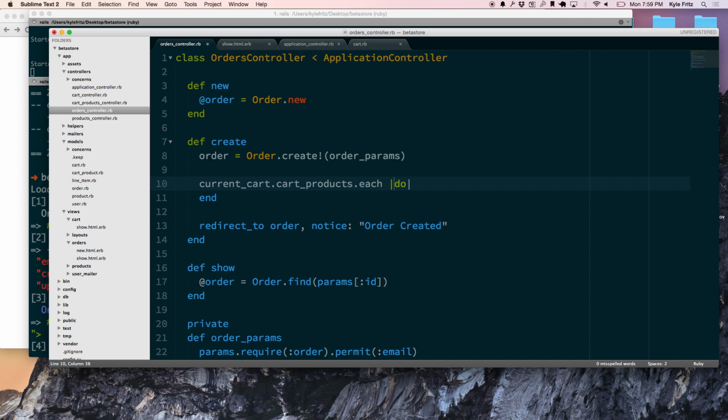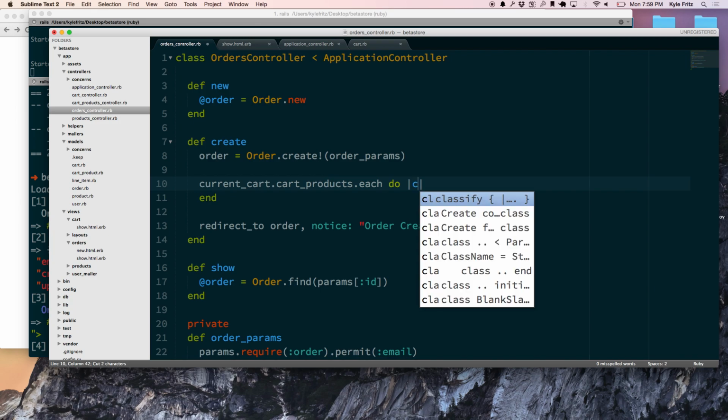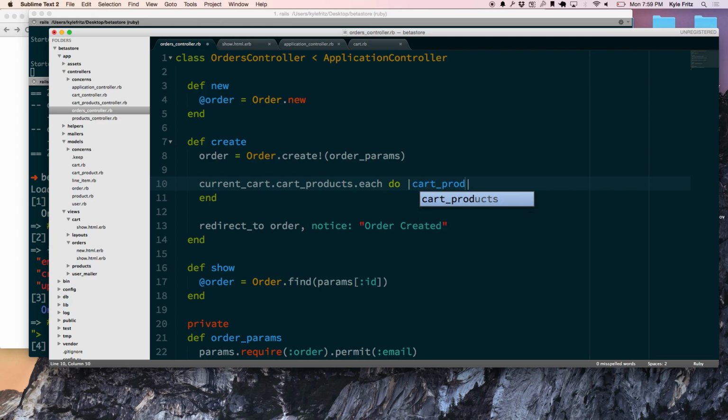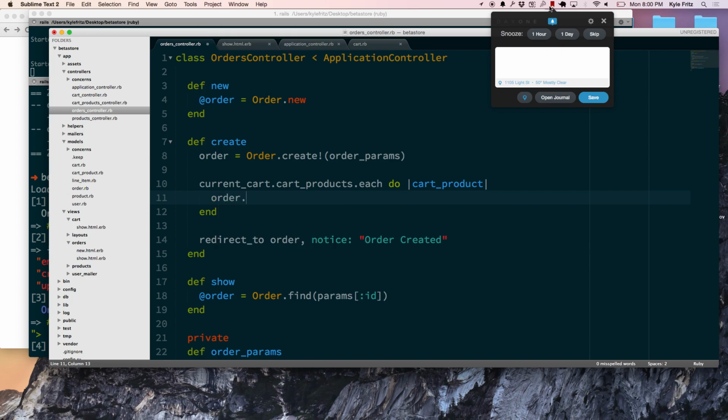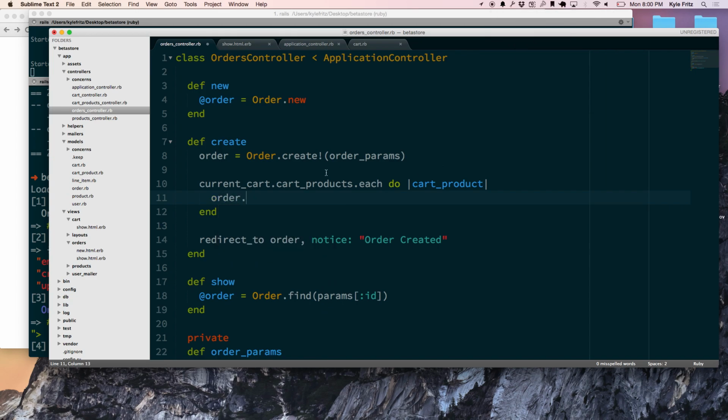Look at what I've done here. I put the view inside the bars. That doesn't work right. So now I'm going to say order.line_items.build. And we are going to, let's go ahead and just say,